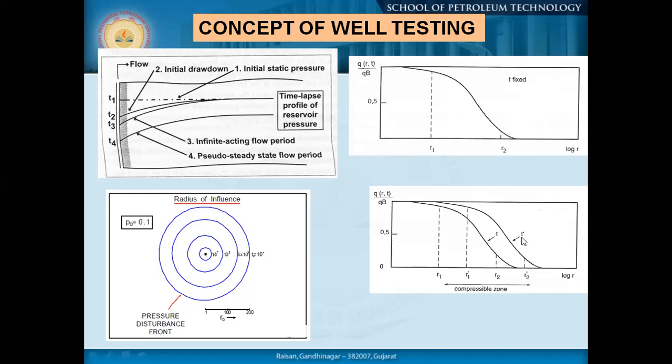Okay. So in the second part also, if you see what is happening with time, T is T dot. That means after some time, this graph has been shifted. That means the next area is now supplying for the production. Ultimately, if you compare with your ripple of water along with the compressible zone, the compressible zone is supplying the Q value which we are producing at a specific time.